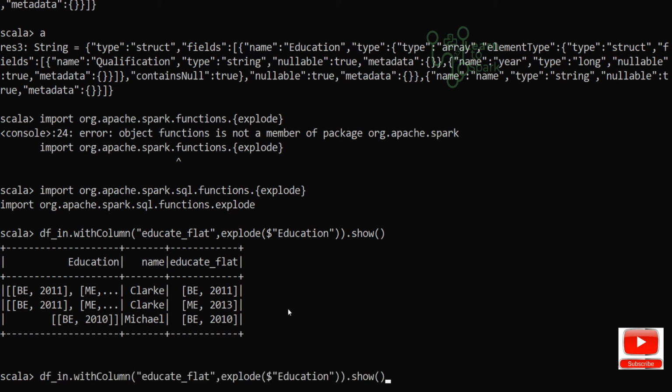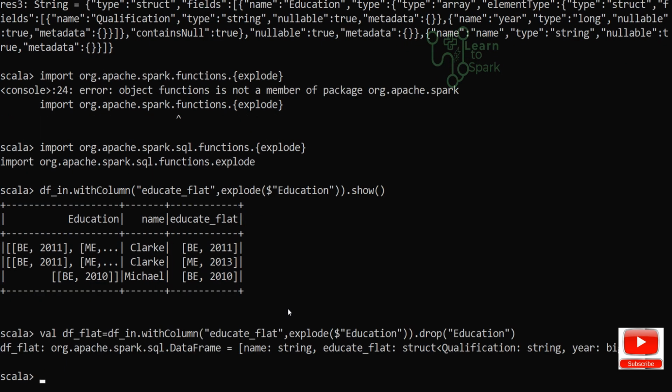So now I guess we don't need the education column, so I will drop that column using the drop command, and I will assign it to a data frame. Let us name it df underscore flat.